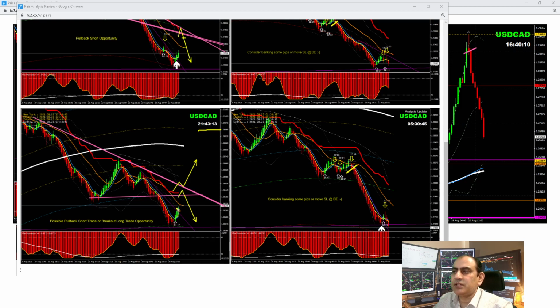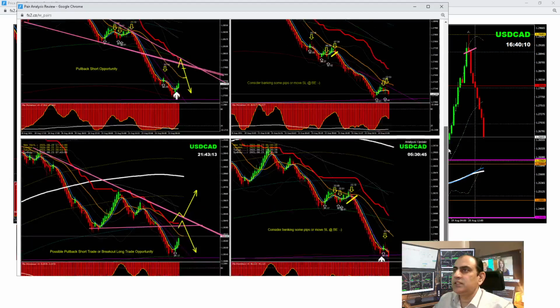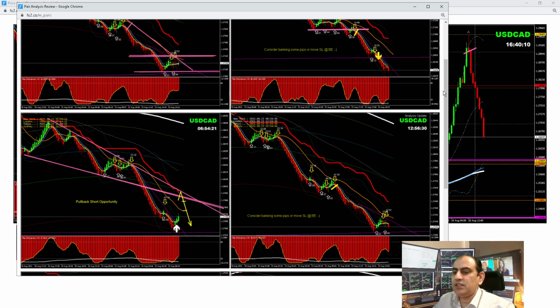After the market open, I explained to my traders, look, pull back at this level. You can see here, as explained in the analysis, we had a beautiful pullback. As soon as the price hit the fib channel, we explained to traders it's time to bank some profit. Beautiful trade. And if you look at the London morning session, as you can see, I explained to my traders,